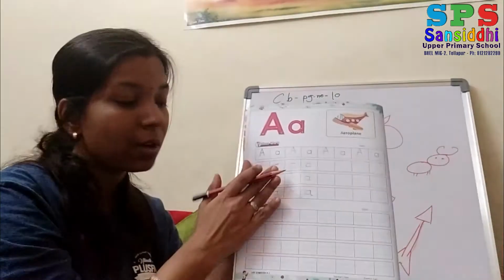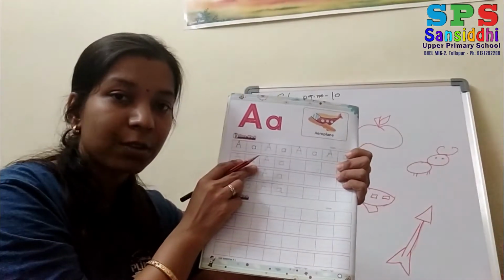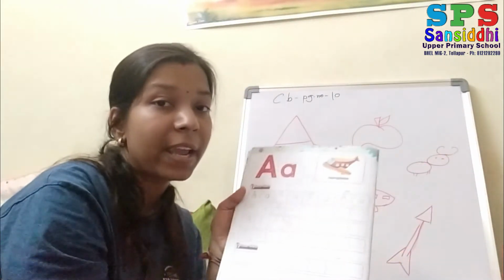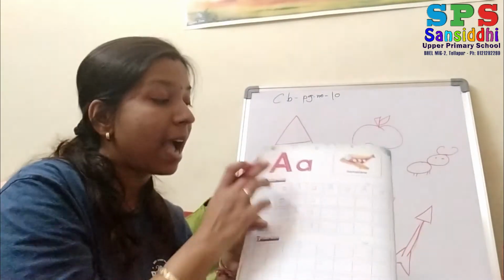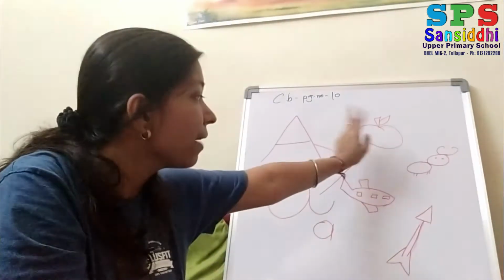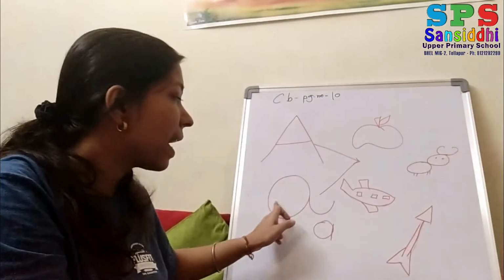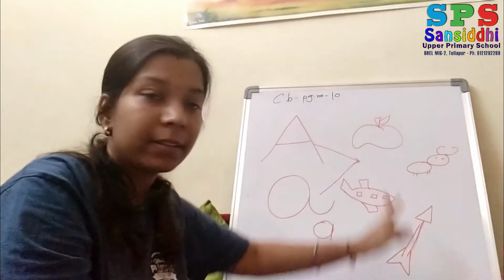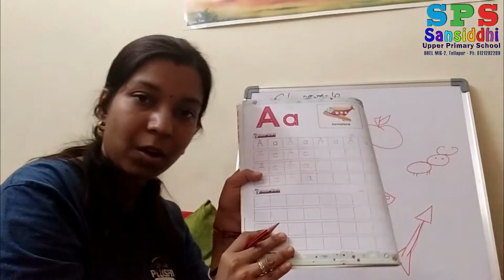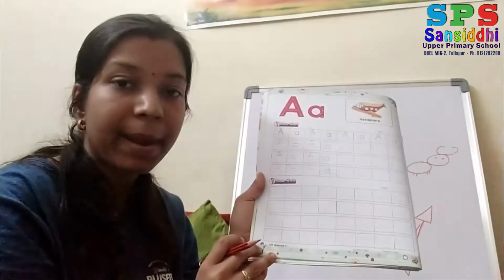This classwork and homework, same thing how you are doing at your home, you have to do at your home only. So, which letter have we learned today? We have learned capital A and small a. A for apple, A for ant, A for aeroplane, A for arrow. Read this. These are in your course book also. So this is also your homework. What is your homework? PB page number 16.